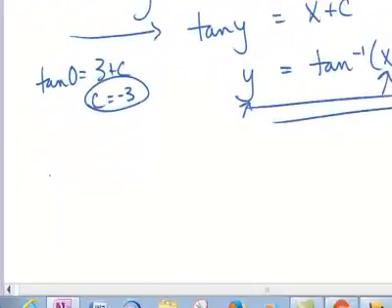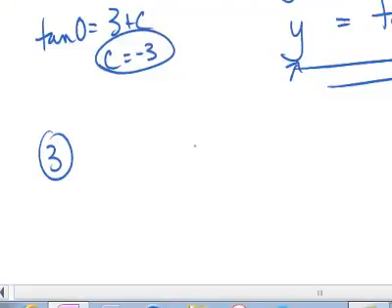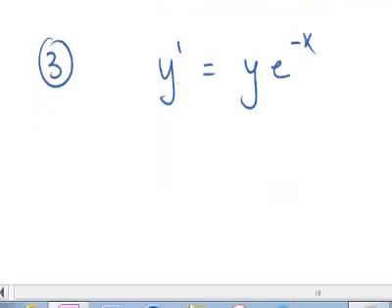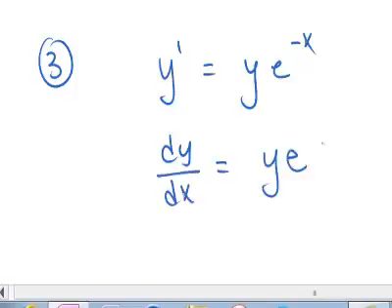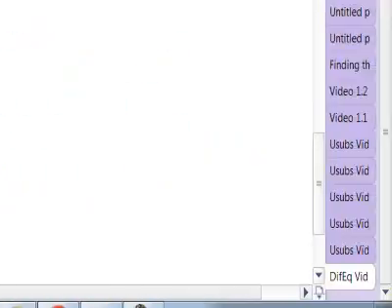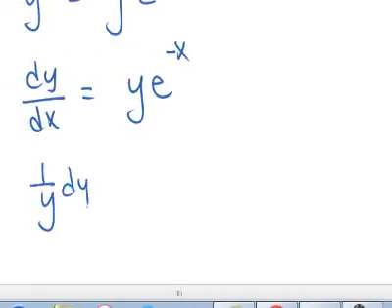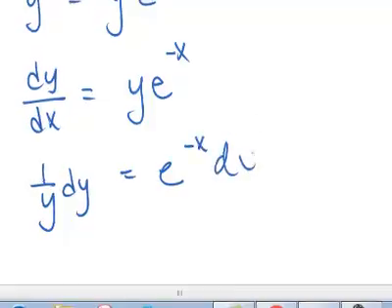Okay, last example. Oftentimes we find that when we integrate we need to use the natural log, so let's go ahead and look at this differential equation. Okay, so I have y prime is equal to y e to the negative x, and in order to separate the variables we always want to change a y prime to dy dx. All right, so now I've got dy dx equals y e to the negative x, so I'm going to bring the y over by dividing by it, and the x over, keep the e to the negative x there, and then bring the dx over by